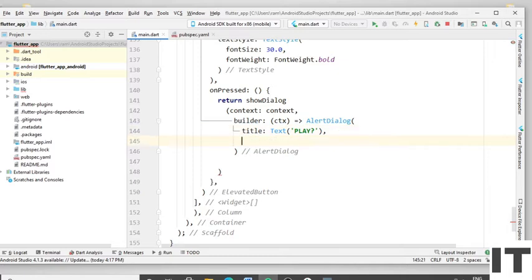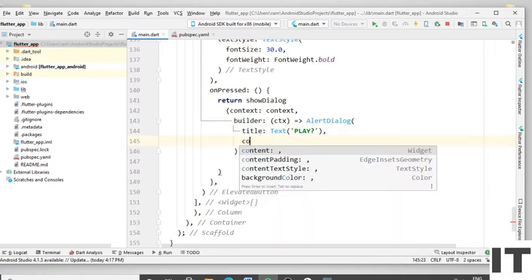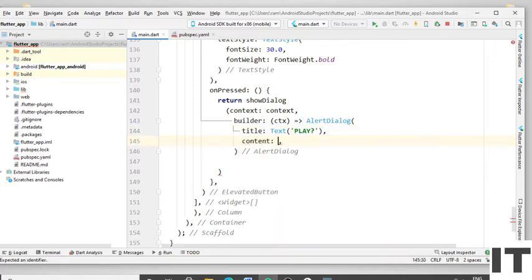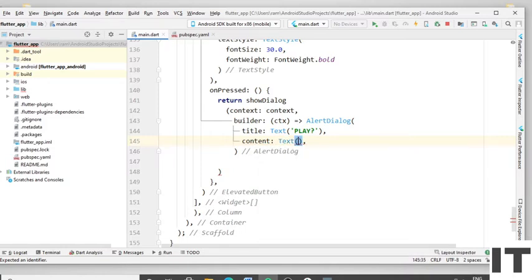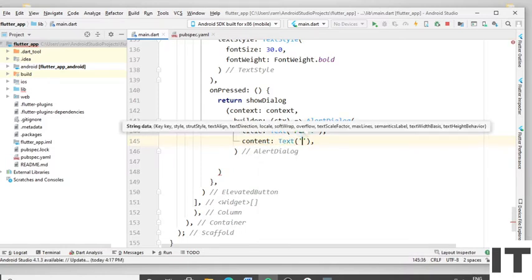Now type the content. Type the text, put the round bracket and put the single inverted comma and type your message. Do you want to play?